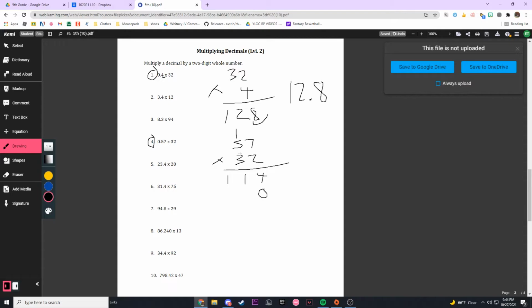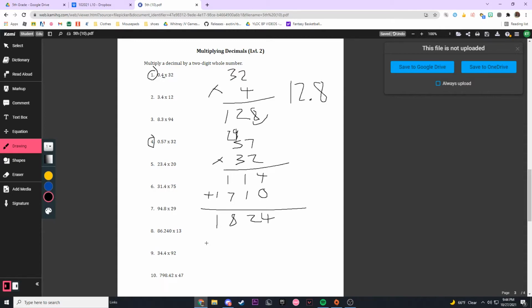And now we do 3 times 7, which is 21. And now we do 3 times 5, which is 15, plus 2, which is 17. So now we can add these up. So 4 plus 0 is 4, 1 plus 1 is 2, 1 plus 7 is 8, and 1 plus nothing